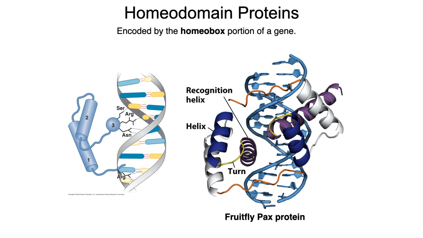There's a homeodomain. Okay, this is again, a homeodomain is another DNA binding domain. It's encoded by the homeobox portion of a gene. And it has that same idea of a recognition helix. Now, what separates it from the other two is how that recognition helix is stabilized. But we have, again, a recognition helix that has various R groups of amino acids that interact with the edge of the major groove, with the various bases in the major groove.